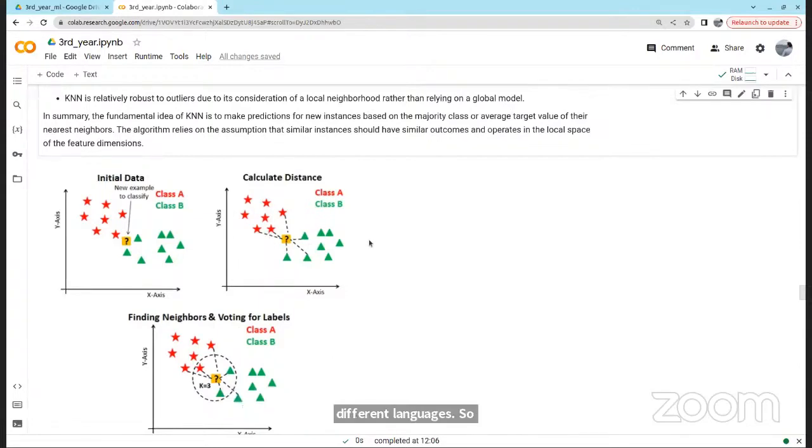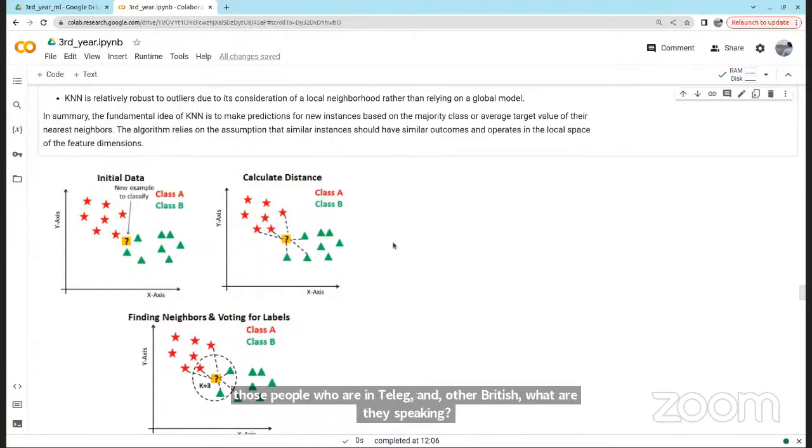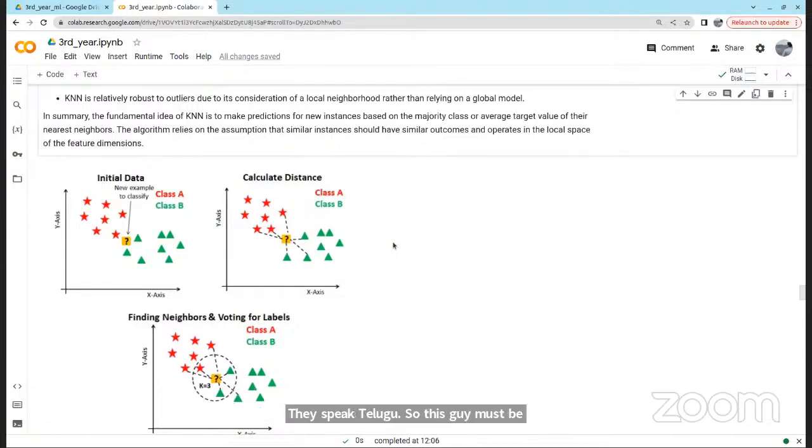You randomly pick a guy, and see where this guy is coming from. If he is coming from Telangana or Andhra Pradesh, then you say, all those people in Telangana and Andhra Pradesh speak Telugu. So this guy must be speaking Telugu. At least he knows Telugu, and he eats rice, something like that.